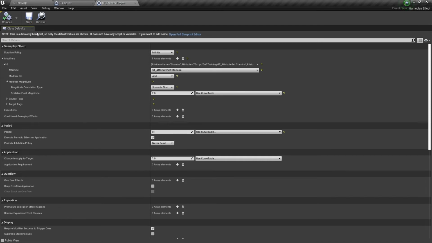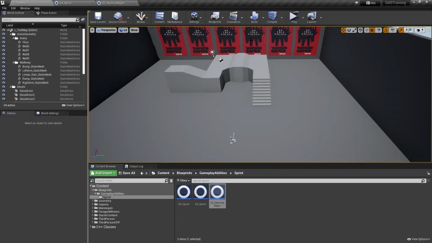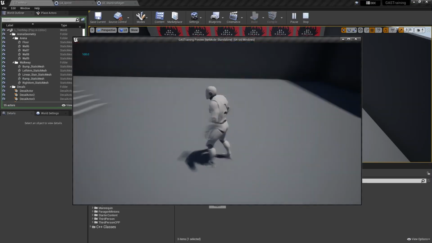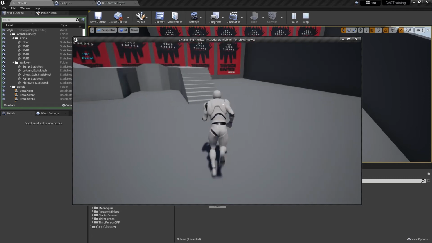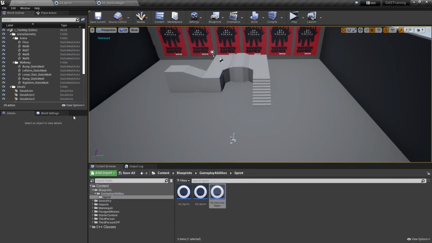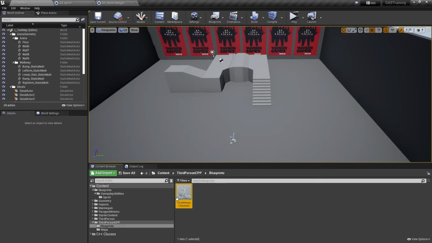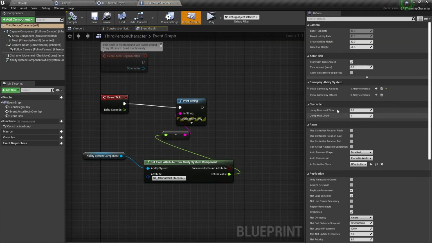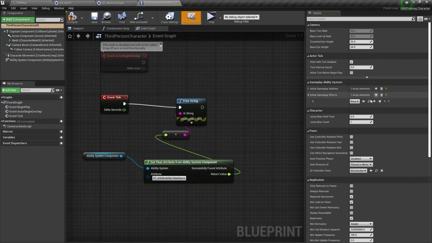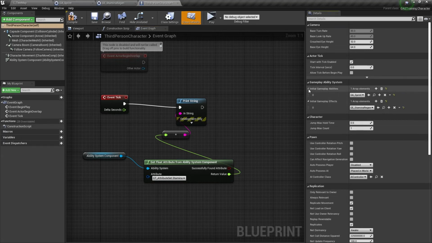Don't really know if that's what we want. Maybe it's too OP, but okay. We just created the gameplay effect, but we haven't added it, so we have to go to our character class. Now that we have our initial gameplay effects array, we can add our stamina regen as well. Compile it, save it,